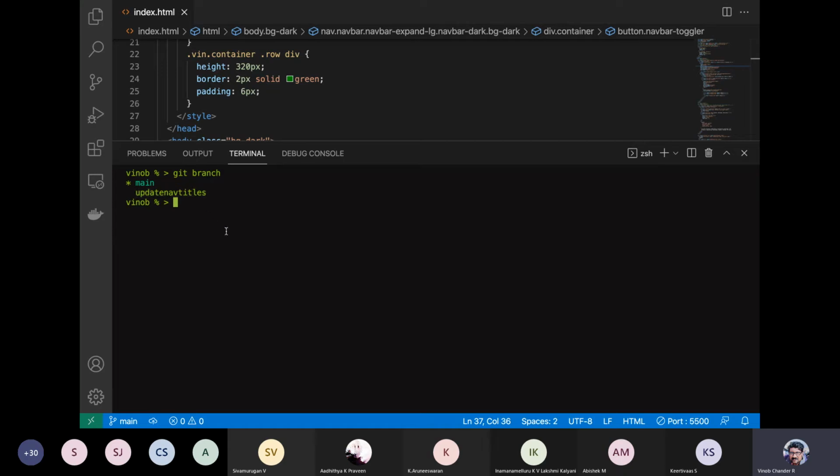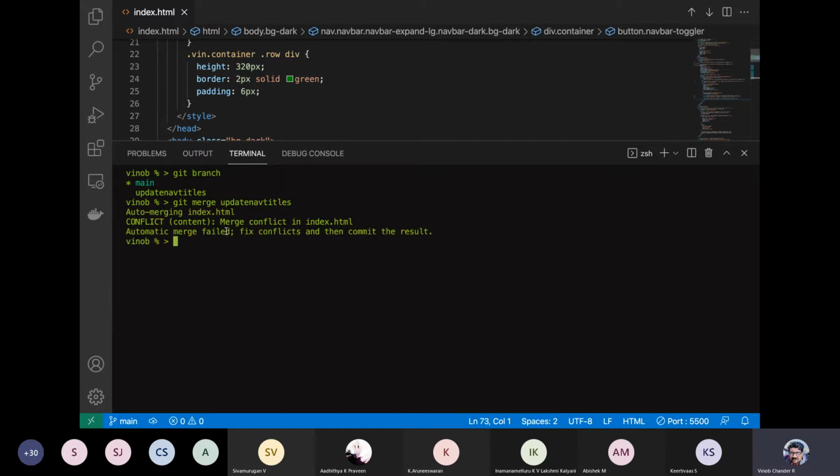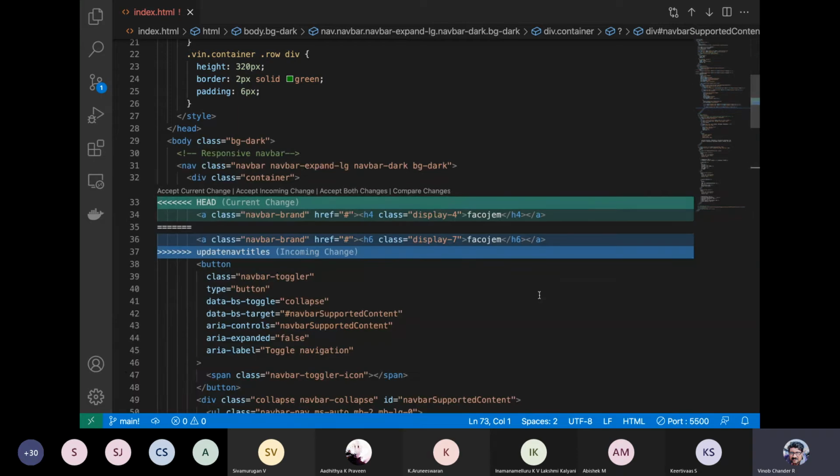Okay. So how do we merge a branch? Git merge, name of the branch, which will be merged to the current branch, which is main. Okay. See this. Yeah, there is a conflict. Okay. So see this. There is a conflict, and you can see something like this. Now this, although it is a very small thing, right?